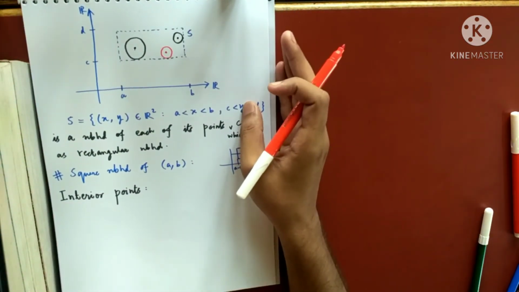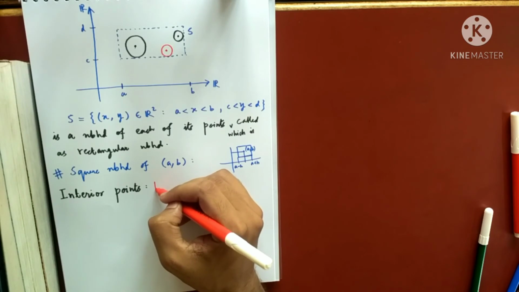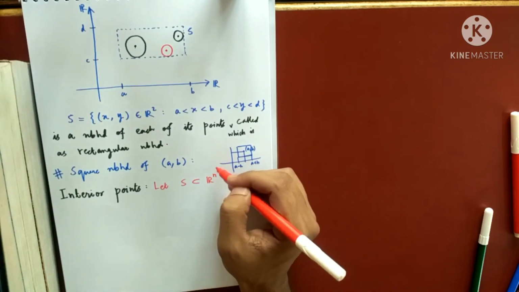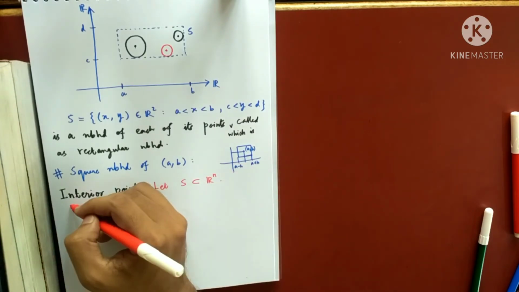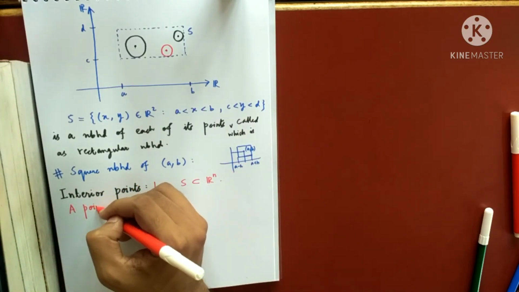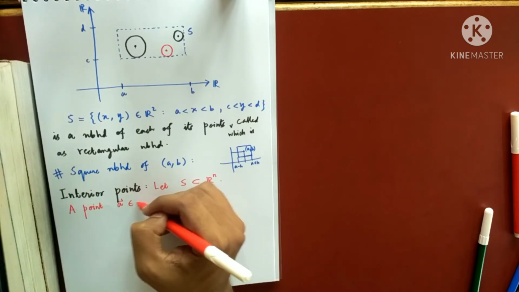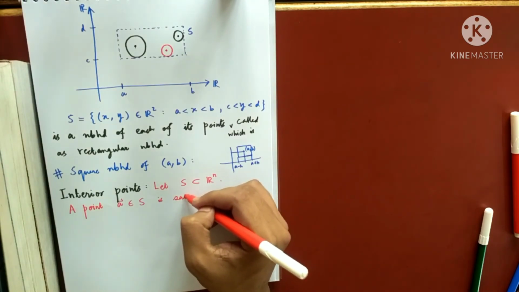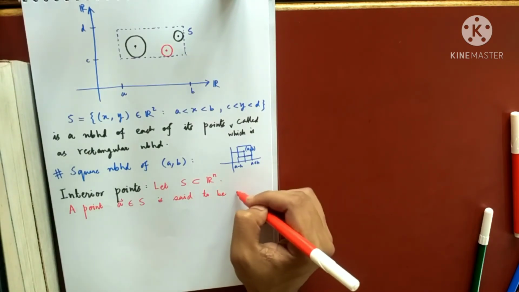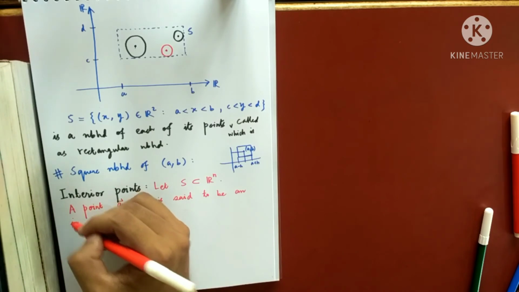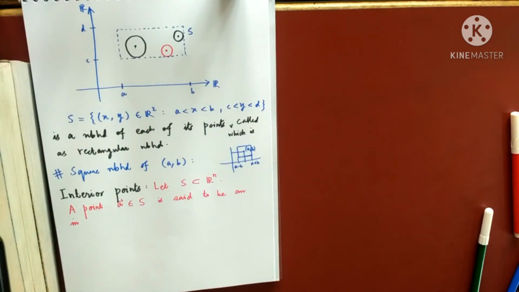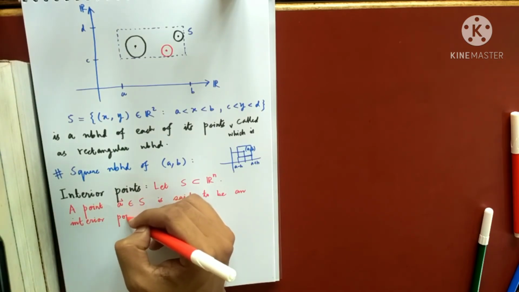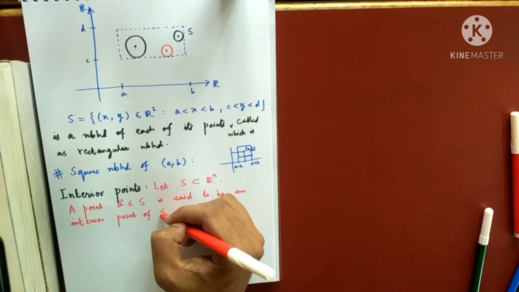So what is an interior point? We are defining it for general Rn. So let S be any subset of Rn. A point, firstly, must be a member of S. A point A belonging to S is said to be an interior point of S